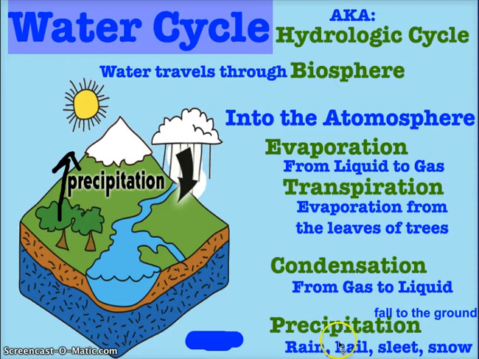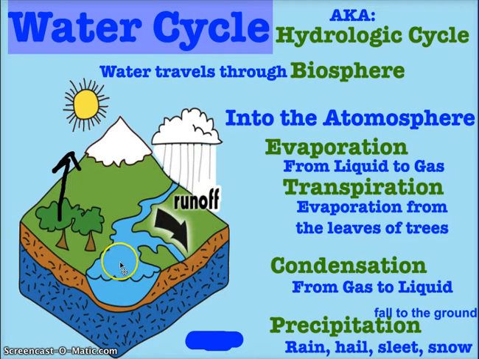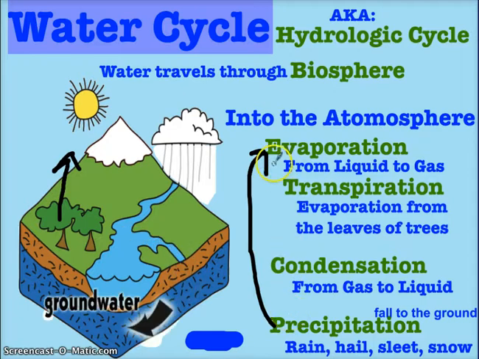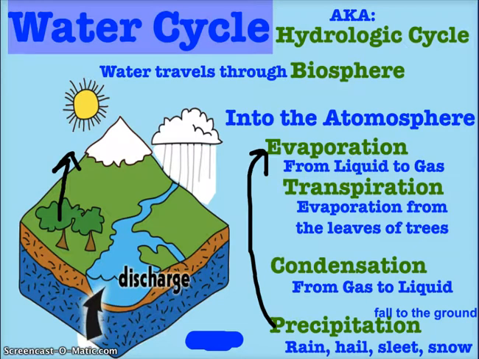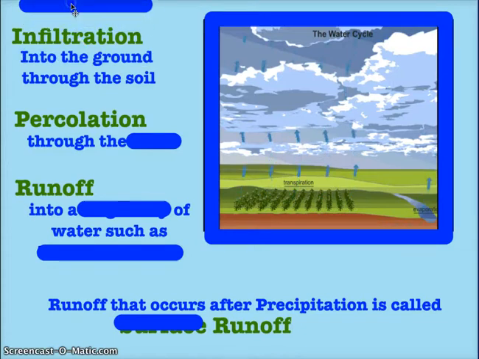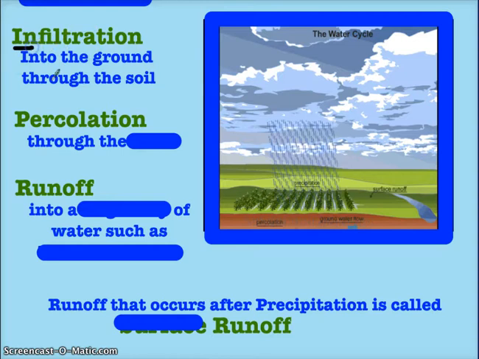Now, when this water falls to the ground, which would be here, it could also, remember, fall back on a body of water, such as a lake or an ocean. Let's say it falls back on the lake or an ocean, it's going to go right back and evaporate and do this again. Okay, so there's where the new cycle hits. If the cycle is going to complete and it fell on land, we're going to go here. So now water that falls on land is going to infiltrate into the ground. So think of infiltrate into the ground or into soil.